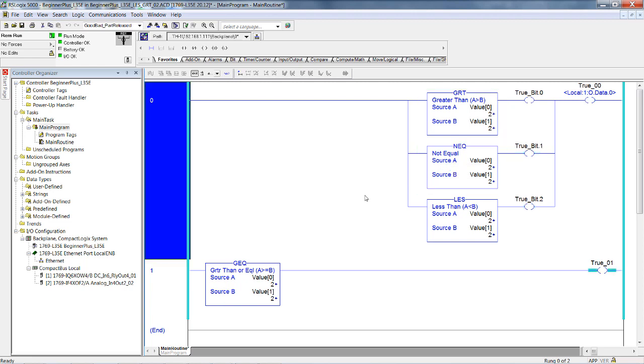So I guess if you came up with some reason to exclude a value, I can think of a lot better ways to do it than this. But I just had you do this to keep you from going off, wasting your time combining greater than, less than with not equal. Okay, if you represented the combination of these instructions on the number line, the values for which the true bit 0 would be energized